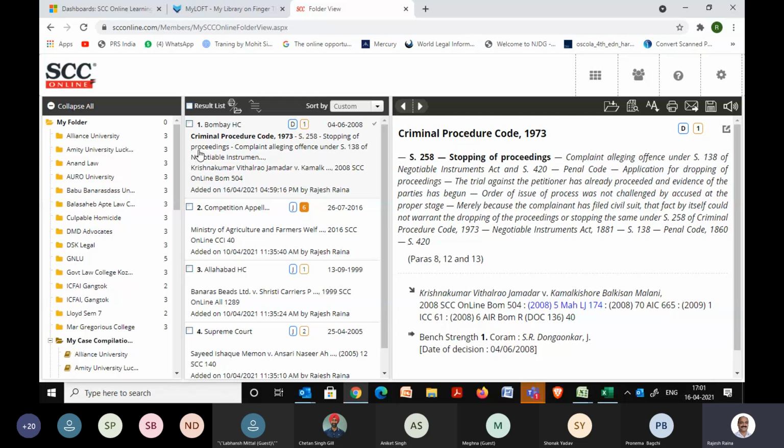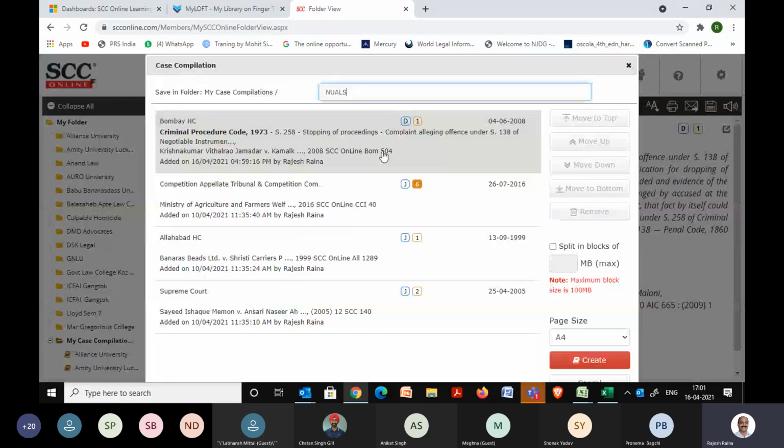So what was the process? What are the steps? You'll simply click on the result list checkbox. It will select all of the documents. Then adjacent to that, there is an action icon over here, and in the action icon, you will find another option here, the last one, create case compilation. The moment I click on create case compilation, it will show me where and with which name you want to save it. Now let me save it with MIT.